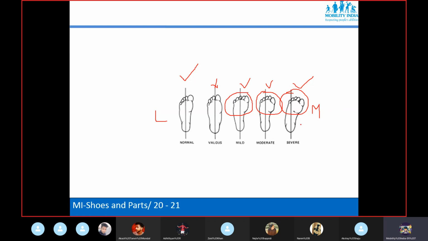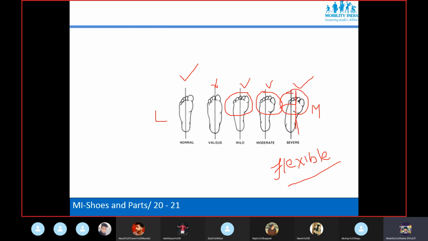So again, what do we need to do? If this deformity is flexible, meaning if we apply force we can correct it, then if we want to correct it, we need to keep this medial border straight.